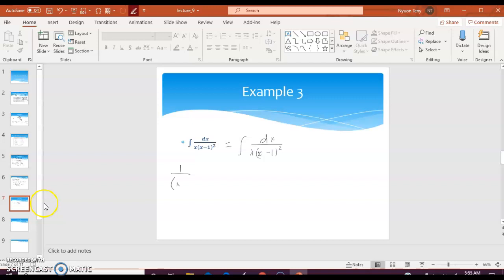So when we do the decomposition, we're going to have A over x plus B over x minus 1 plus C over (x minus 1) squared. And then when we cross multiply with this, we're going to get 1